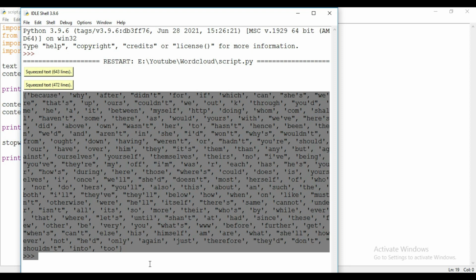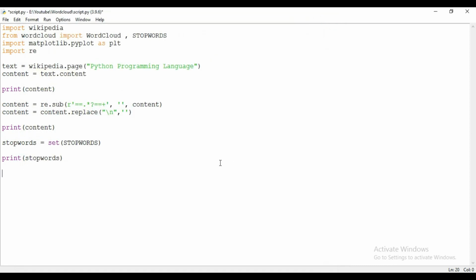Remember, we are making the word cloud of Python programming related things. So these stop words will be unnecessary in our word cloud. So we will remove these stop words from our content. So now I will make the word cloud using